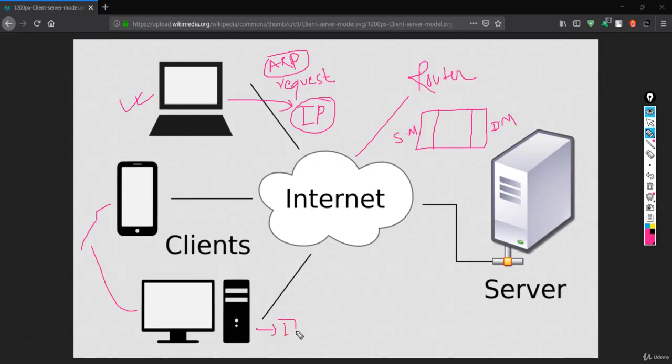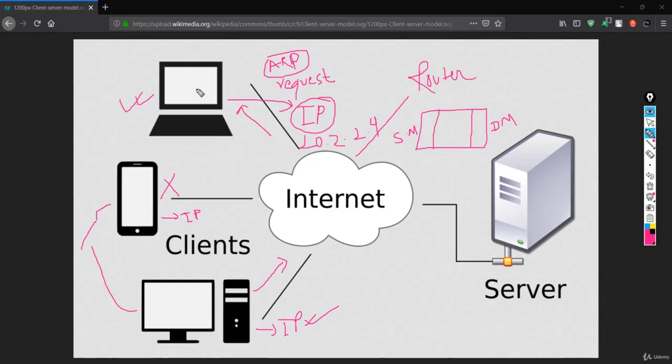So this has its own IP address and this client has its own IP address. So this request, which is sent from this client, will be ignored by those clients which don't have this IP address. So if this says something like, okay, who has this IP address 10.2.1, and if this is the IP address of this client, which is the computer, but not of this mobile, that means this message, which is the ARP request, will be ignored by this client, and this client will just get the ARP response saying that I am this client which has this IP address, back to the broadcast manager.